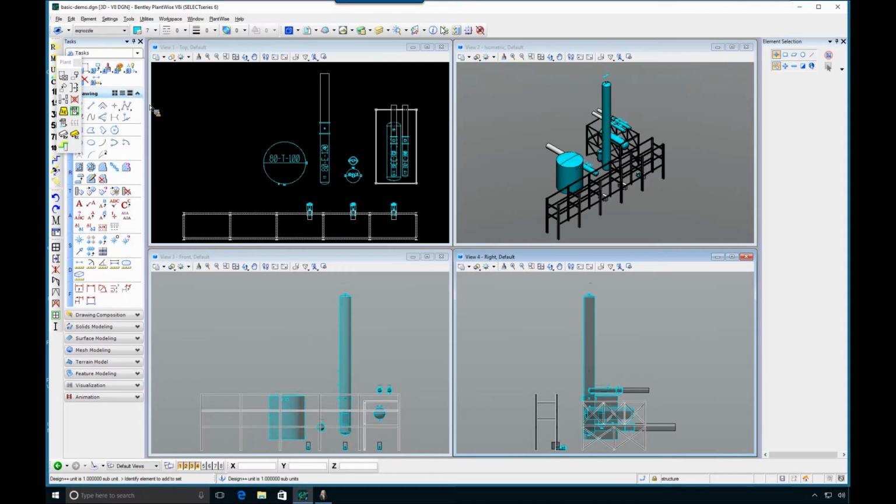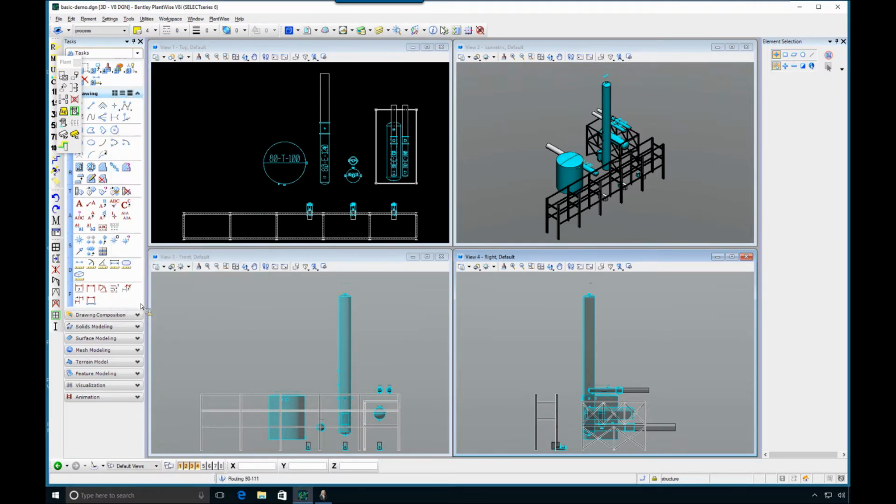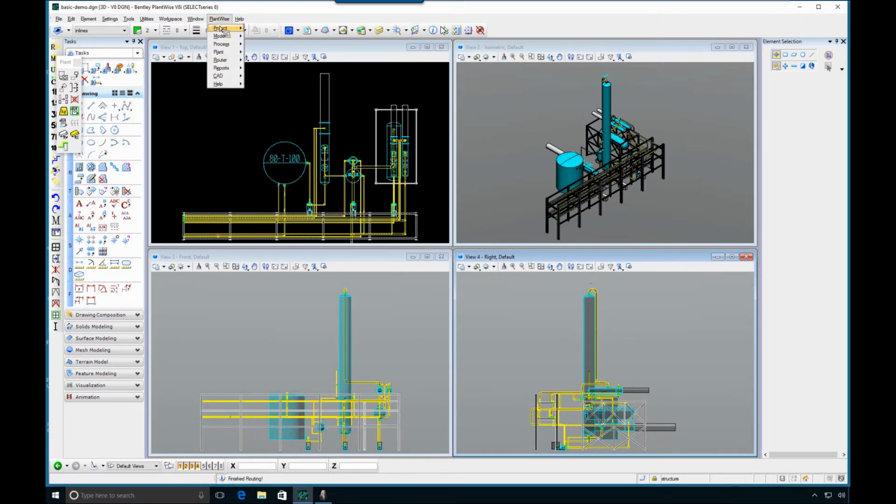With this model, we're just going to spend a couple of minutes to go through some of the things you might have to do if you're using PlantWise to optimize your layout. Once you open your model, you can quickly route it, which we'll do here. We just find our router up there, and just hit route. So in a second or two we can route this model, and once we've done that we can get various reports from it. So just go to our reports and report writer,